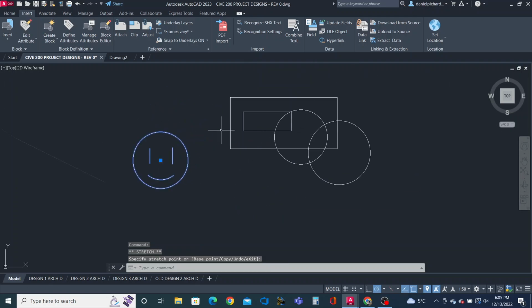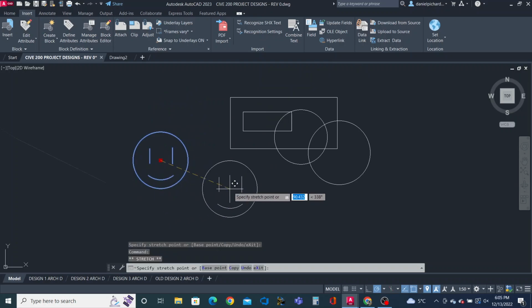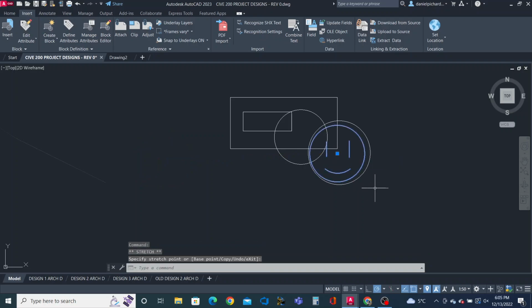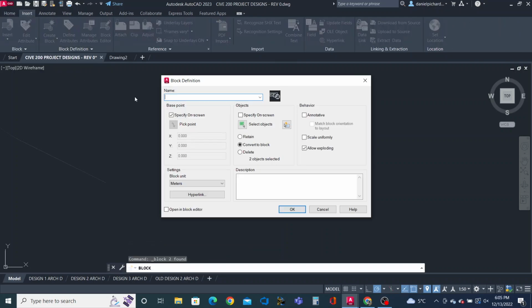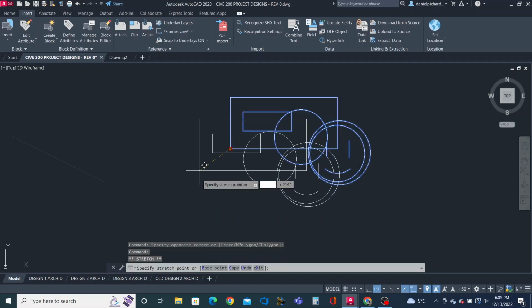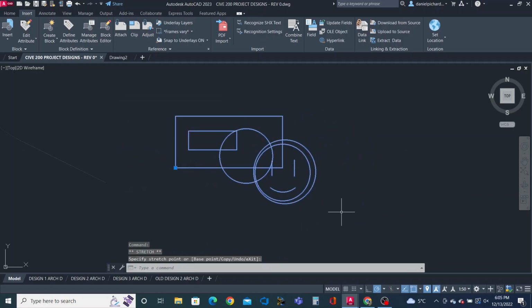Let's say we want to create a block with both of them. Maybe you might move this here. Maybe you'd want it here. You select the whole thing again, and you go to create block once more. We'll name this block 2 because I can't think of a better name. Specify on screen. We'll place it right here like we did originally. Now we have a block made of 2 blocks, and what's cool is when we edit it,